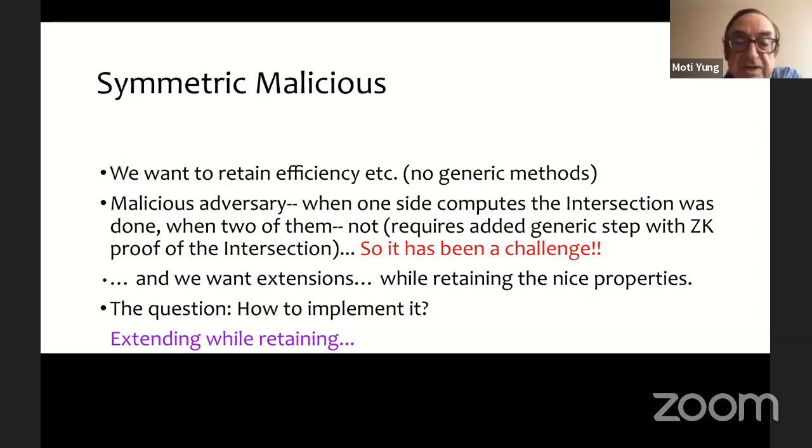So it has been essentially a challenge. And of course, we want the extension, and the question is how to implement it.